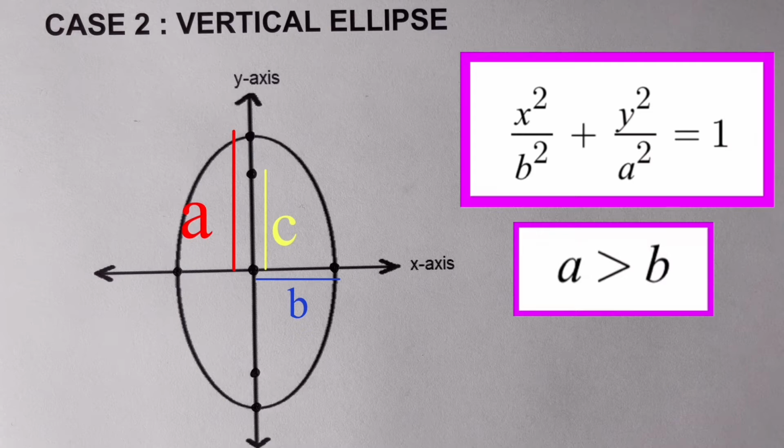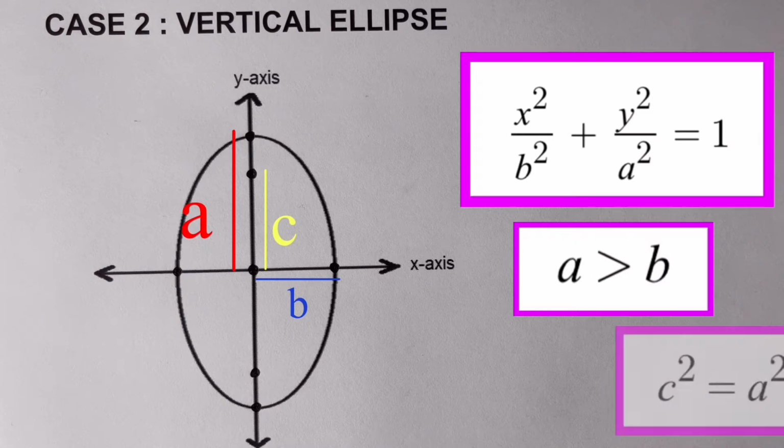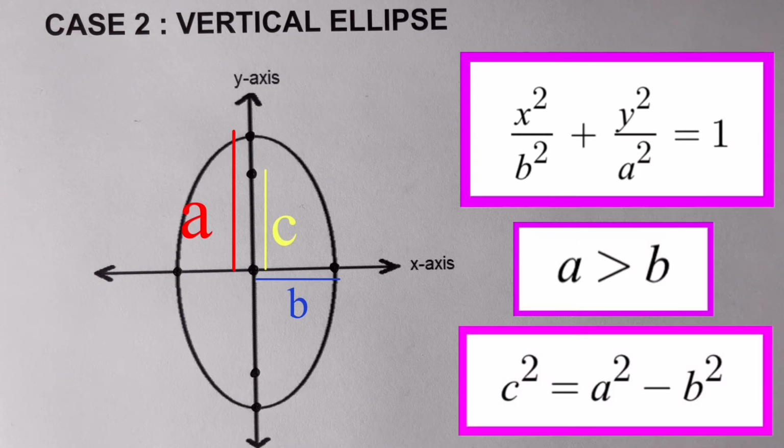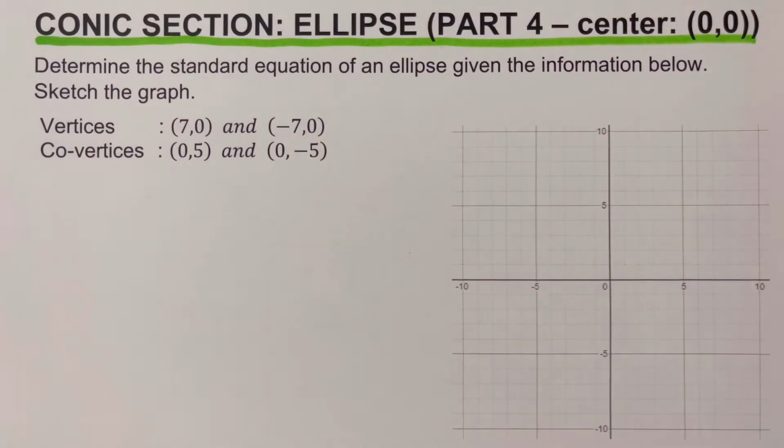Now, to determine the length of C, we are going to use the equation C squared equals A squared minus B squared. So these are the parts of an ellipse, and these are the two cases of an ellipse. Now, let's go back to the problem. Going back to the problem right here, we're supposed to determine the standard equation of an ellipse given these